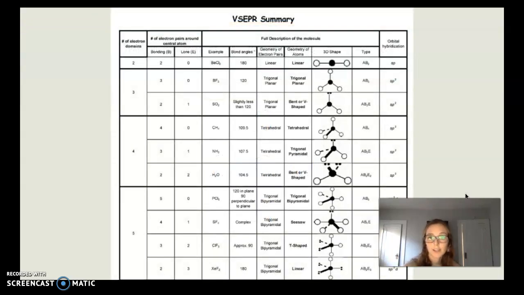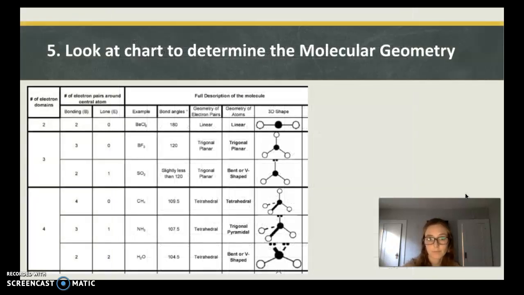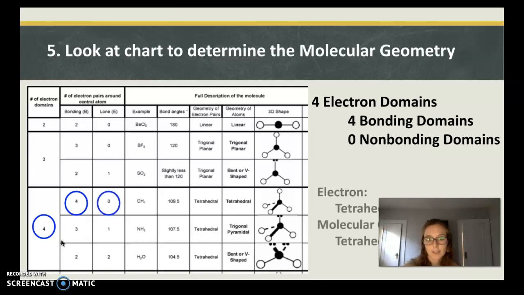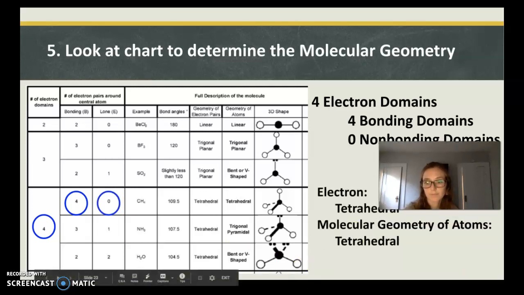Then I take a look at my VSEPR summary chart. One thing I forgot to mention before is you do not need to memorize this. This chart will always be given to you in general chemistry class. It is given to you just like you can always use the periodic table of elements on tests, quizzes, and homeworks. So make sure you use this resource. I said that I have 4 electron domains, so that makes me look somewhere over there. Then 4 of them are bonding, none are non-bonding. So it's tetrahedral. Make sure to write